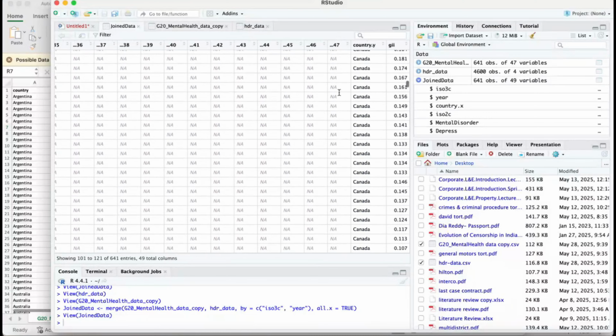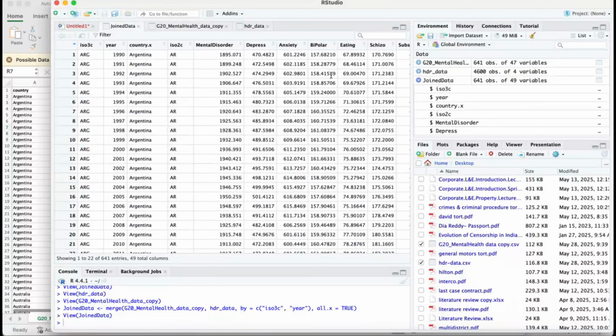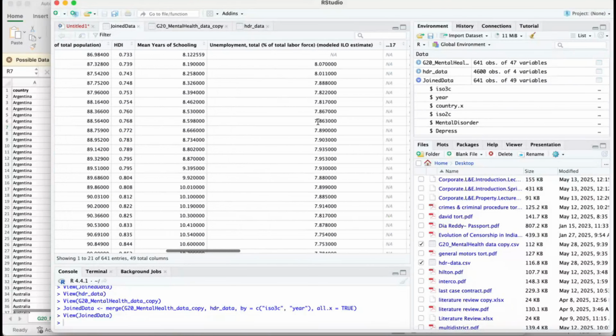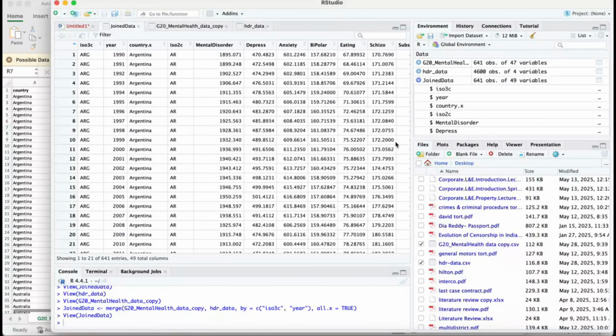It's joining as like a whole different thing. Yeah, so why is this happening? Because I think you may have added a wide form data set to the mental health data set. So according to R, the empty columns were also your variables, because it uses long form data. That's why I asked you to use the file that I had sent you for the mental health data. If you use that one again, it will give you the form you want.